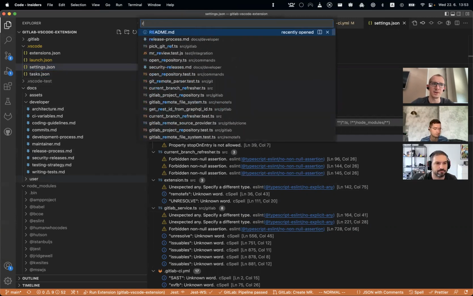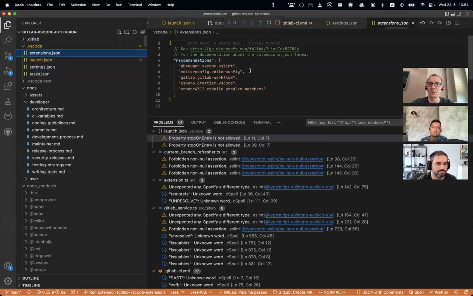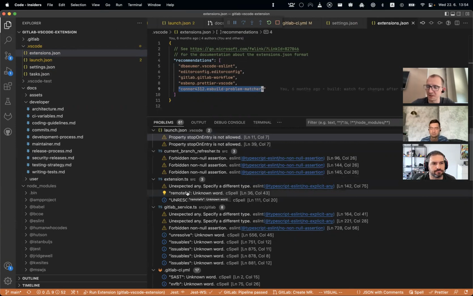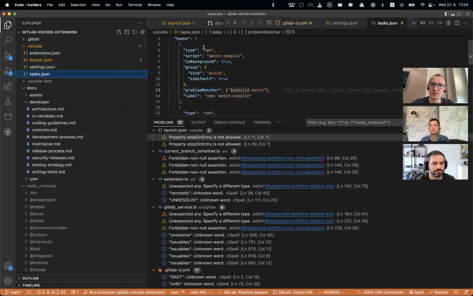extensions, where would it be? Just extensions. There is this ESBuild problem matcher that listens on the output of ESBuild and puts it into problems if the ESBuild fails on something. Without it, it wouldn't know how to interpret the output. So that was that, but I wanted to talk about this